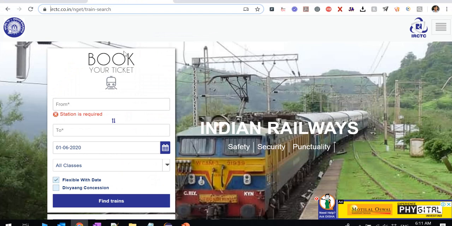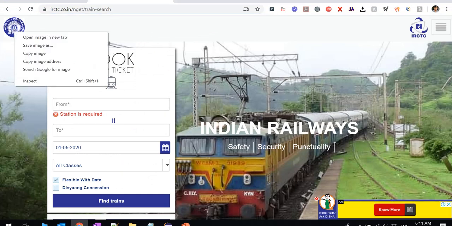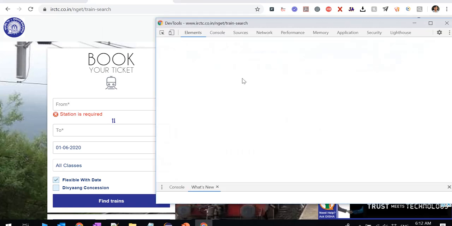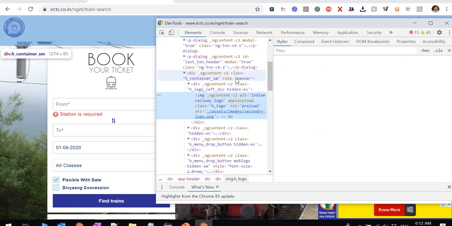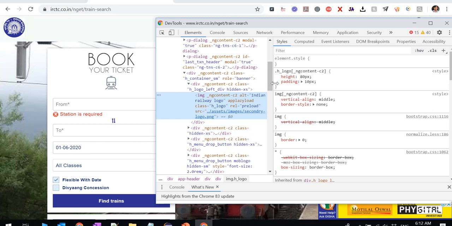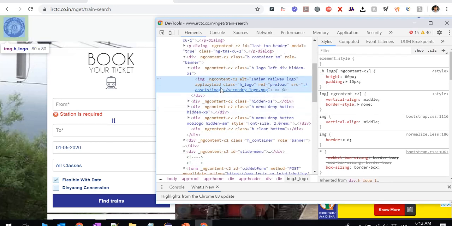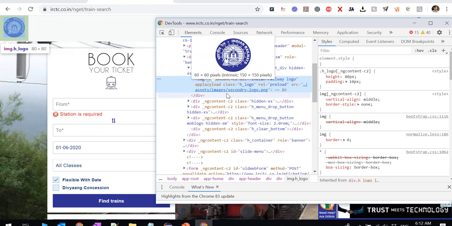Now I'll talk about capturing a screenshot of a particular element. I'm going to capture this logo. First we have to locate the element with an XPath or CSS selector, anything that is unique.